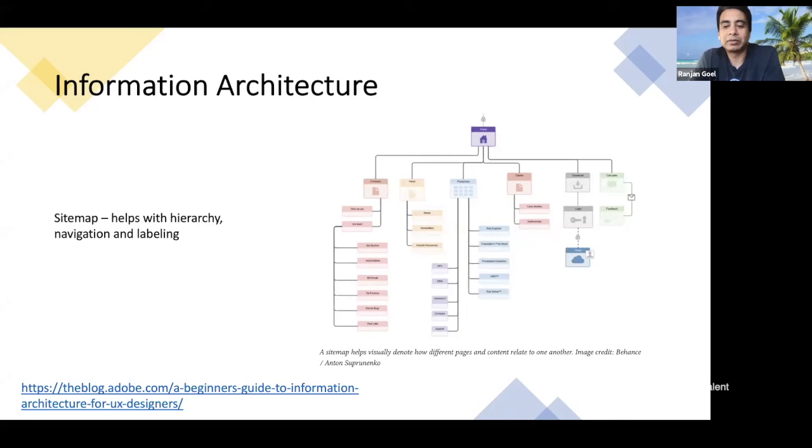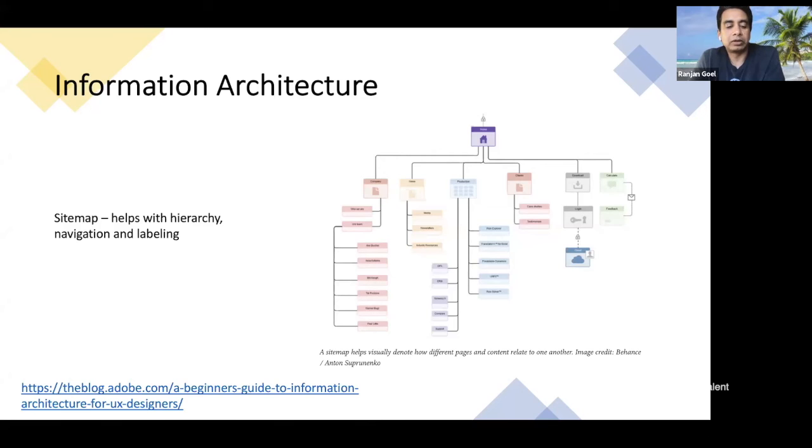And the big aspect of this is you documented your work and your thought process in a way that anyone else can come in, without you being in the room, and understand clearly what you were thinking, why you designed the way you designed. So this is obviously an industry-wide problem, and there are solutions for it. The one big solution is something called information architecture, and there are various steps to it.